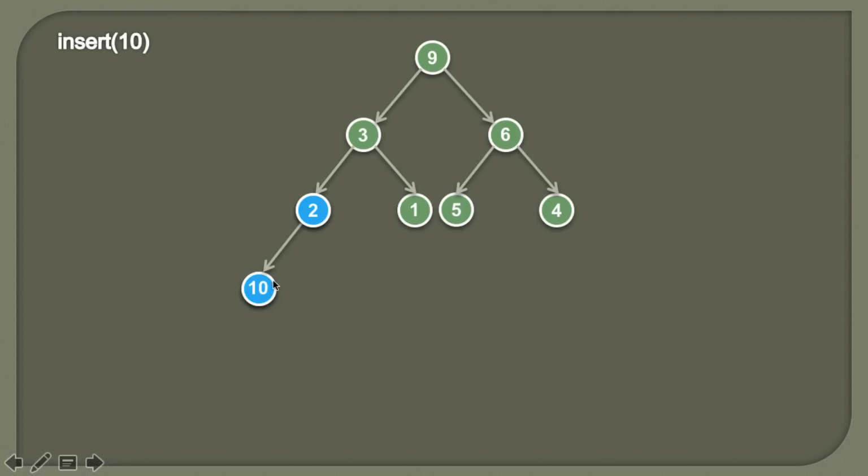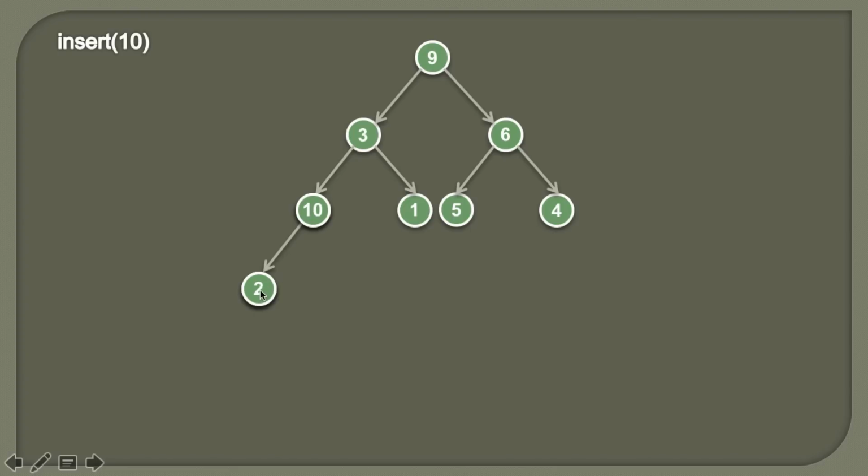As 10 is greater than 2, we simply shift up the value 10 and swap it with 2. It would look something like this: 10 is swapped with 2. Once we swap this value, we know that 10 is now greater than 2, so at this position 10 satisfies the heap order property of this max heap.